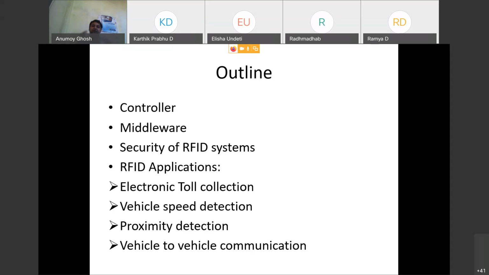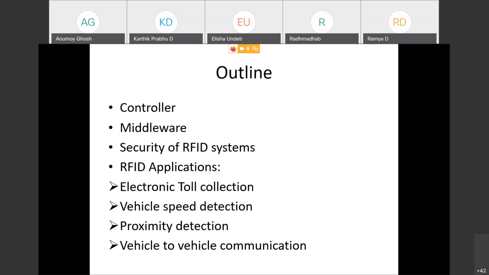Now, for each reader, if there is one controller separately, then it will be an expensive thing, and also it will be a loss of bandwidth and a loss of memory space, because a controller comes with a huge amount of memory. So what we can do is set up dedicated middleware software for each reader. Each middleware will take the data from the reader and send it to a base station controller, where the controller will read the data from 5 readers through the middleware. That is so important, because